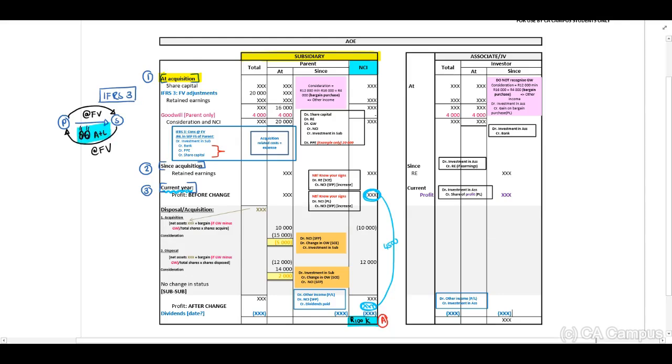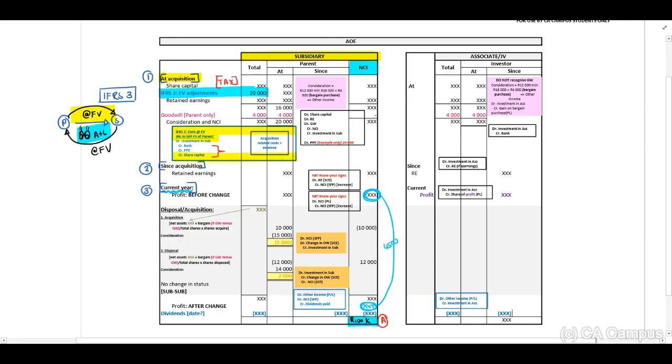you need to know that you will have to include them at acquisition. And you need to remember that there might be tax implications on this. Okay, so guys, you need to be able to identify this from the information provided. And if there are fair value adjustments on the considerations section, guys, in whose records will you include that? In the parent. So guys, I've included here in this blue block the journal entries that will be recognized in